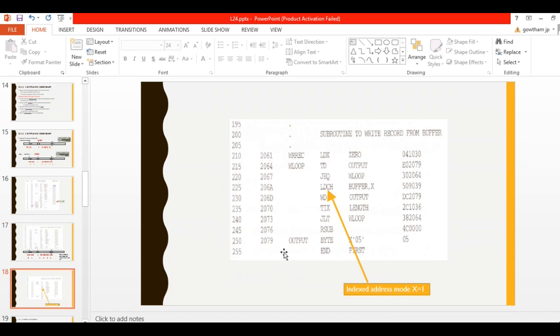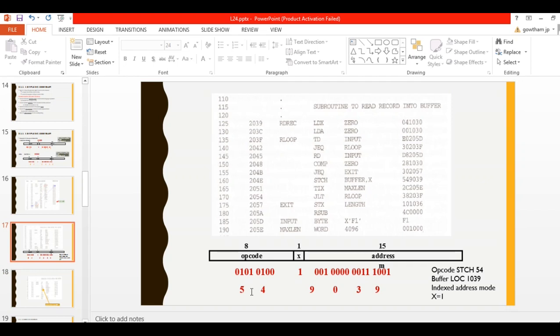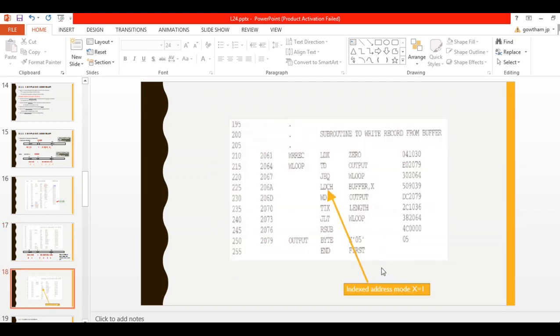Okay, this is the second subroutine, WRREC. Here LDCH BUFFER,X, only this instruction is indexed, so you calculate it the same way you calculated STCH, and the remaining ones as they are. RSUB is 4C, the other fields are 0. Then this is a byte 05.